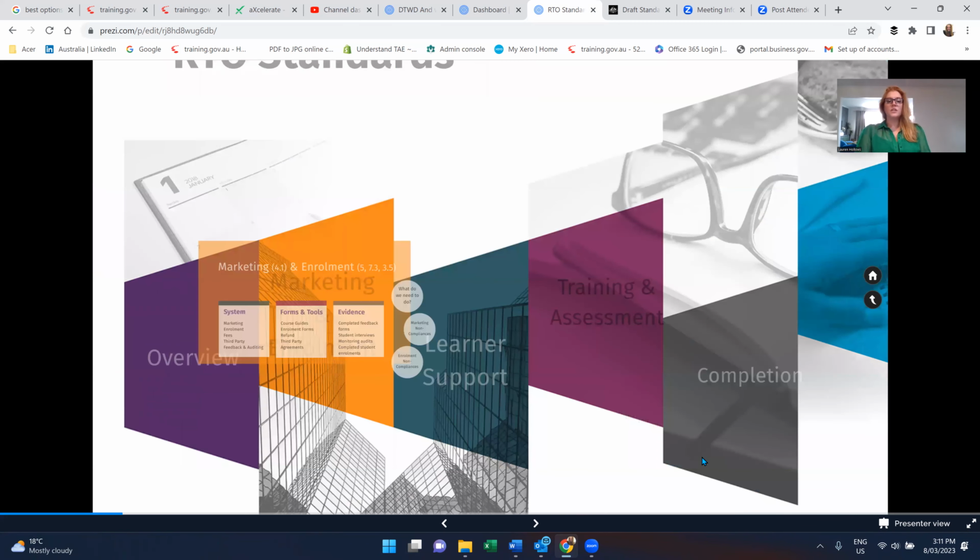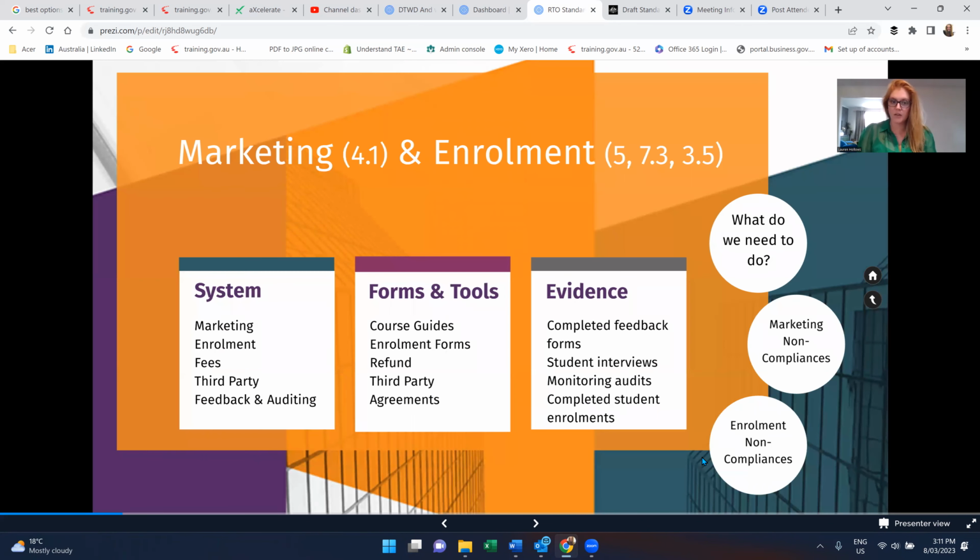All right, so kicking off into marketing and enrollment. Not a huge focus on these from what I've seen in audits. Really, it does go more to the trainers and the training and assessment. Certainly with your STA audits, your state funding audits, and your CRICOS audits, this becomes more important because it brings into account things like your relationships with agents and how you're very clearly explaining that to